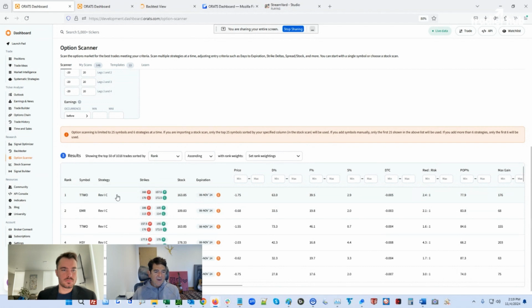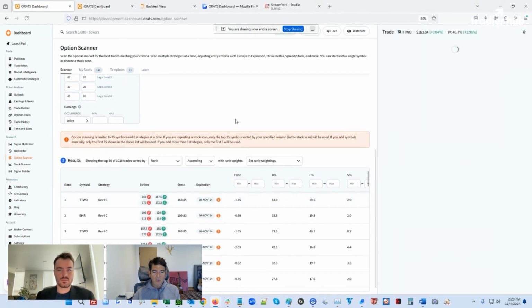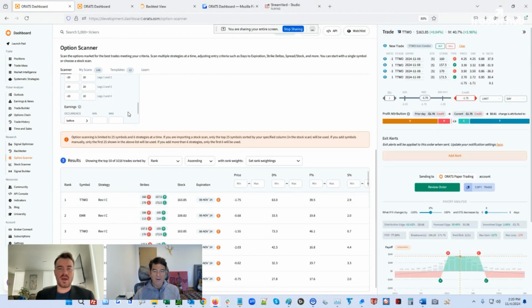So it likes take two. It wants to... oh, okay. So I need the payoff diagram, it will tell us a good story there. So that looks like a regular iron. This is a regular iron condor. So I need to set these. Yeah. So I need to set it where